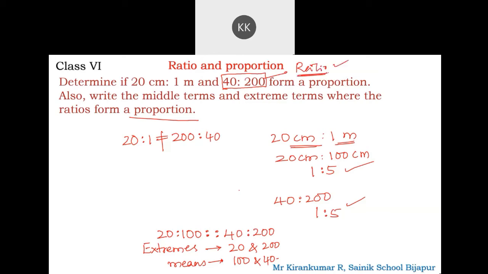You will agree that it's a ratio. It is a ratio, yaar. You can consider this as 40 rupees to 200 rupees, 40 kg to 200 kg, 40 quintal to 200 quintal. This is also a ratio because they are measured as a length, and it can be converted in terms of centimeter, so they are in the same unit. If you simplify, you get 1:5, isn't it?